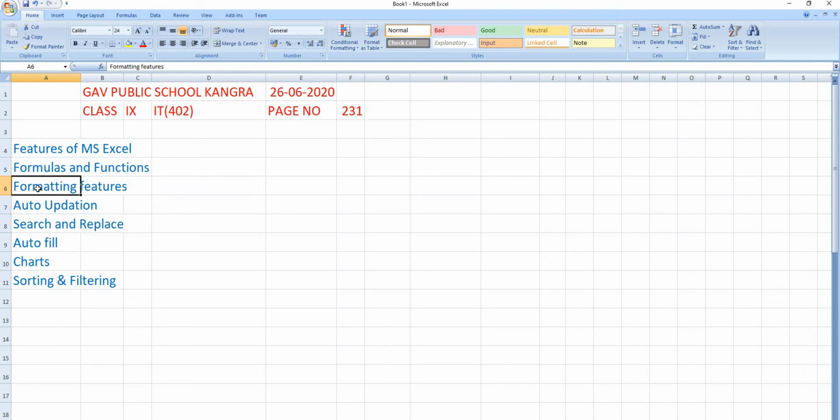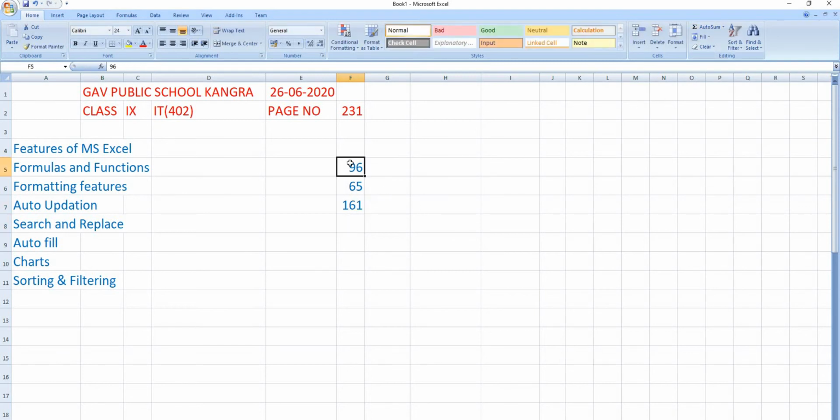Then auto updation. There is one very important feature in MS Excel that it can update your data automatically. Suppose I am obtaining the sum of these two numbers with the help of auto sum.